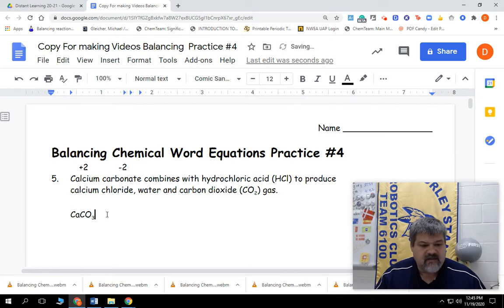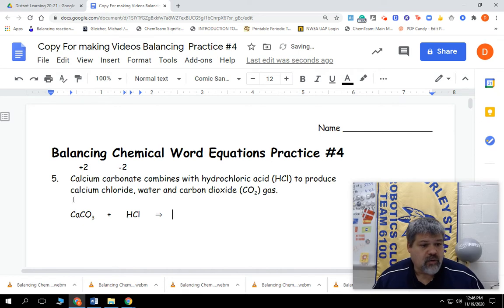Once we get this in there, we said that this is going to combine with hydrochloric acid. So we're going to add hydrochloric acid to it. We see the symbol, we see the formula right here for hydrochloric acid. Now hydro means no oxygen. If it would have just been chloric acid, it would have been H, and then it would be chlorate. But that's not the case. So we're going to put in our HCl. And that's going to produce, or yield,